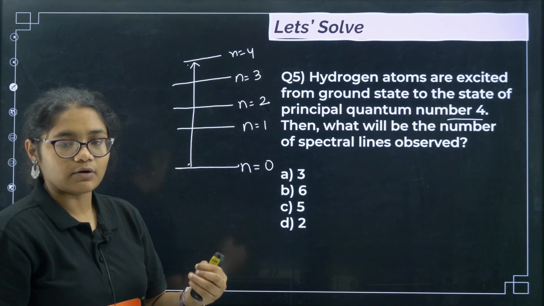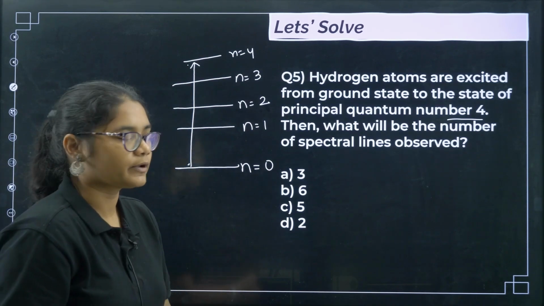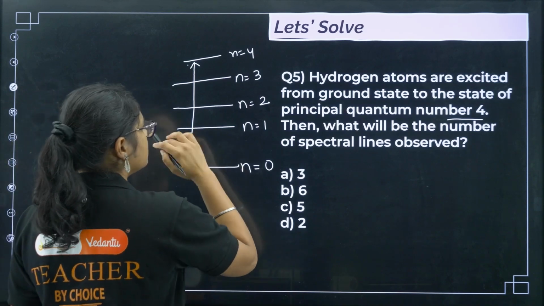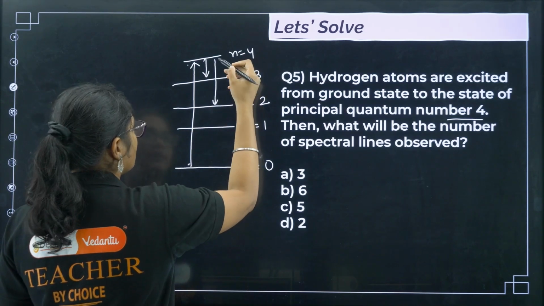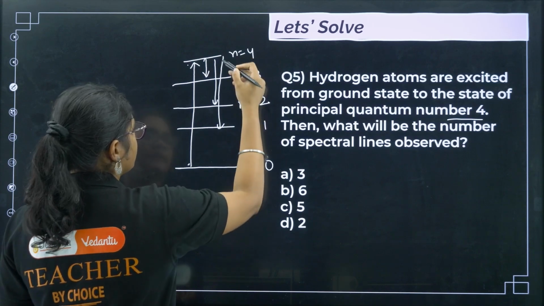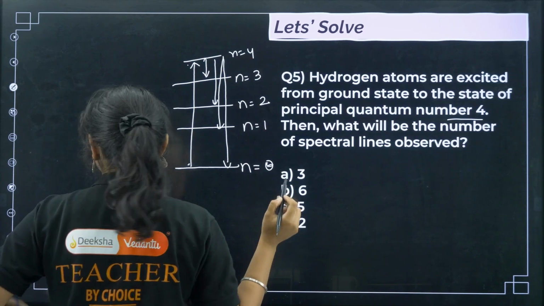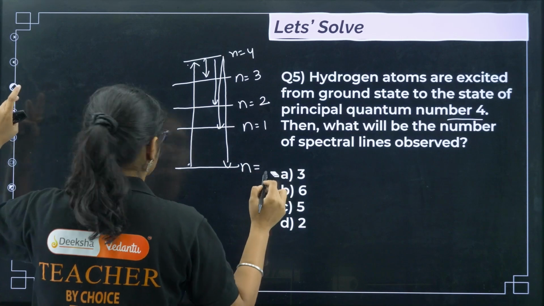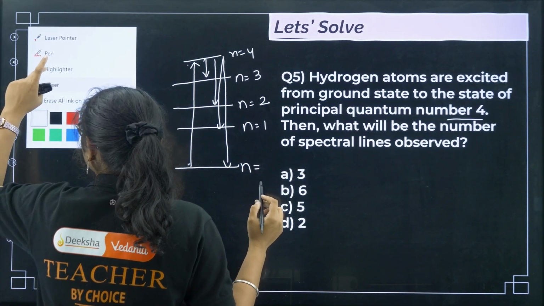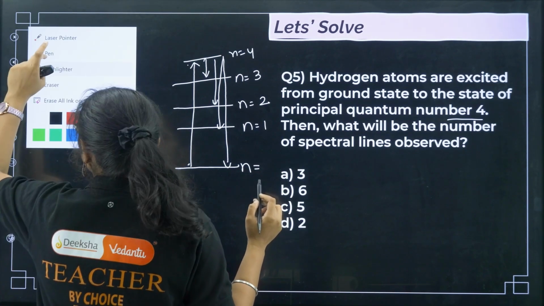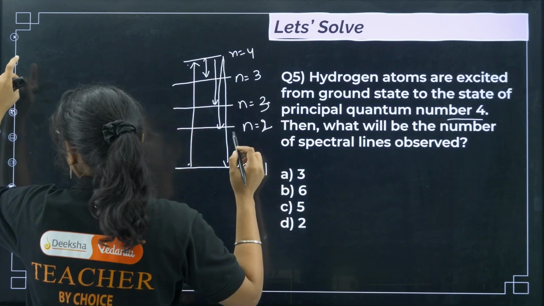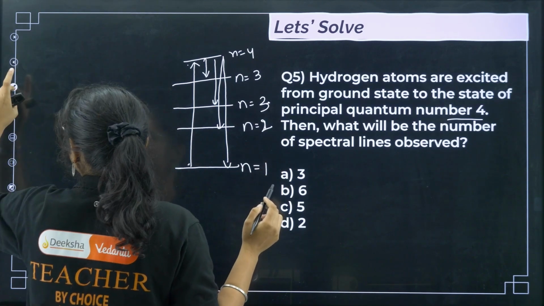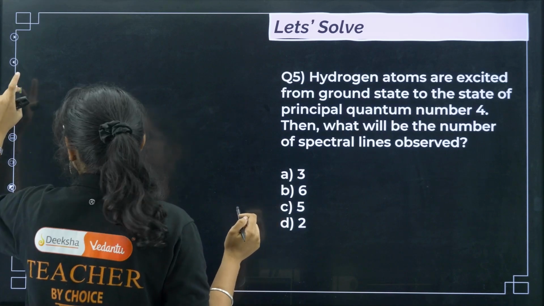Now when it comes down, how many lines can it produce? It can come here, here, here, right? Sorry, there is no n equal to 0, here it is n equal to 1. Let me erase everything, wait. Okay, the question is asking you,